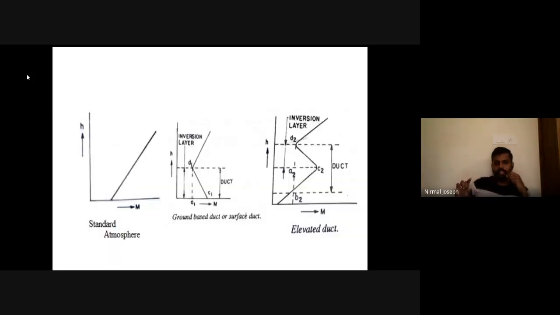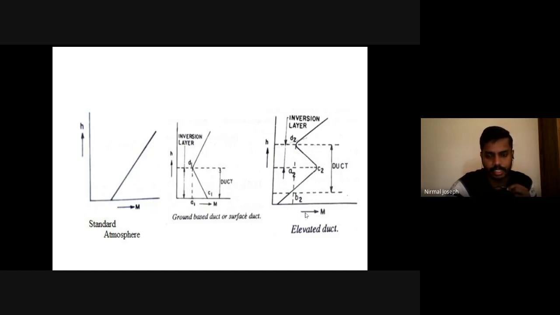Then after that, what will happen? M goes on increasing. Okay, so after the point D, in the second picture, the medium is getting hotter. Okay, from A1 to D, the medium is colder. So a duct is formed there. Okay, so this is a surface duct. How can we say this is a surface duct? Because from the surface itself, M is decreasing. So this is a surface duct.